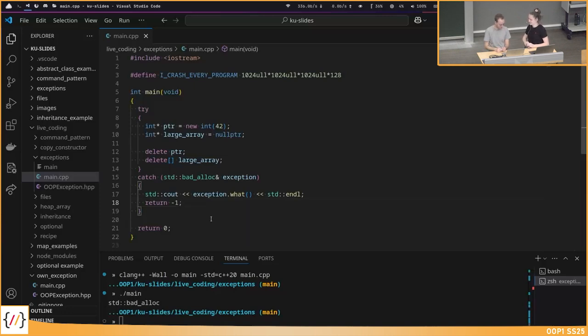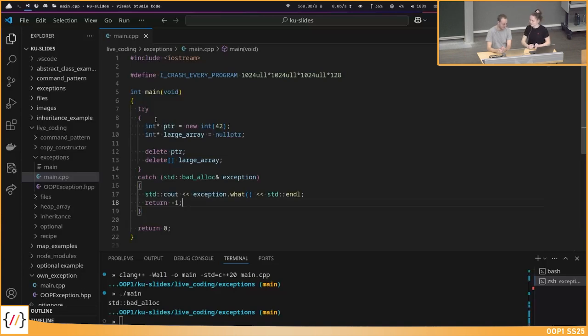But there exists a nice solution. Yeah. And it's just because we somehow wrote a C-style program now in C++, and it looks quite weird now, but in C++ we have classes and destructors, so there actually exists a much nicer solution, because there's one thing: if we throw an exception and therefore exit a function, or exit this try block, all destructors of objects we have in this scope are actually called when we throw an exception, and we can use this to clean up all our memory, even if we don't know if the exception occurs or not, because if it occurs, the destructor will handle our memory, and if it doesn't occur, we still have our object. So this would be a nice solution.